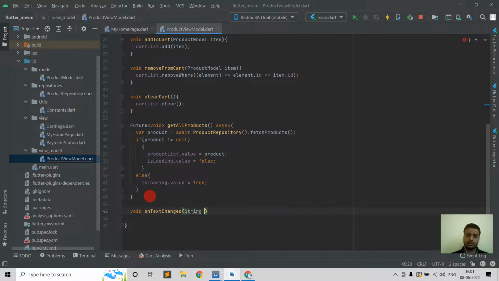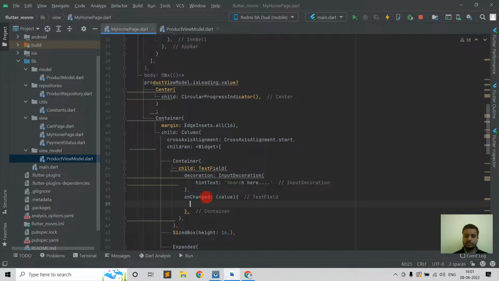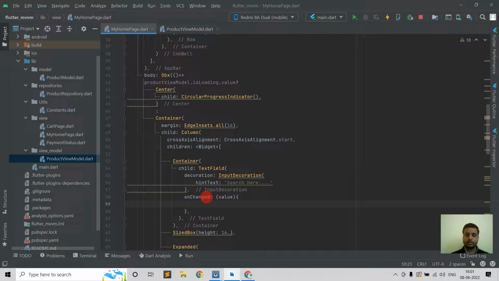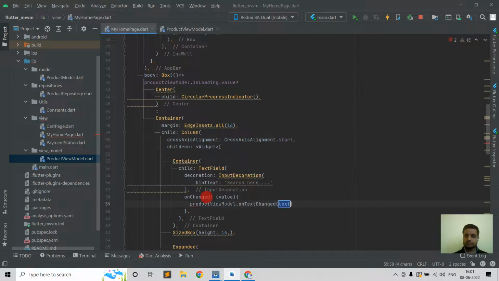And the string type will be the text. This is the method. On text change I will call this method. Okay, and just pass our value here,